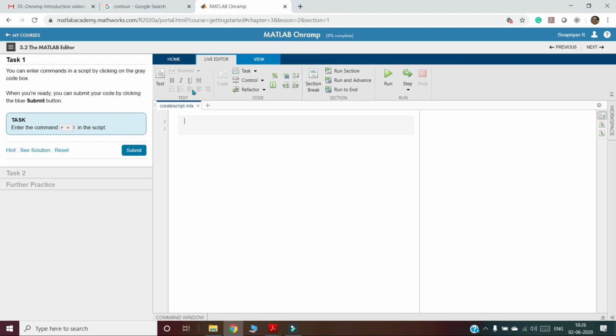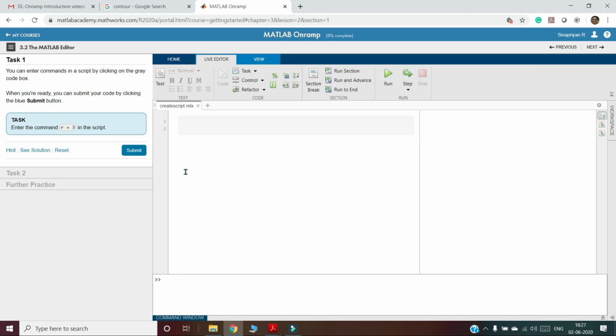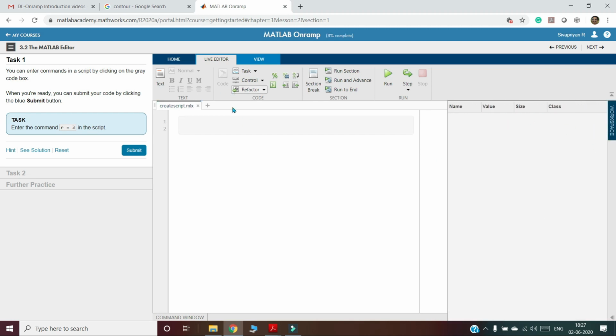In this session I discussed how to use the live editor, so we can make a script file by using the live editor. Last session I discussed how to use the command window and how to execute the commands. In this session, how to use the editor window and how to check the variables in the workspace.